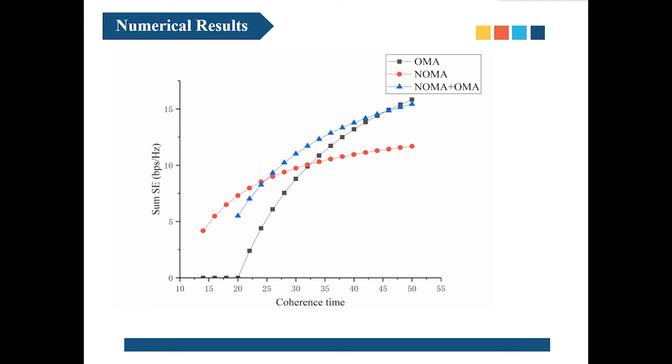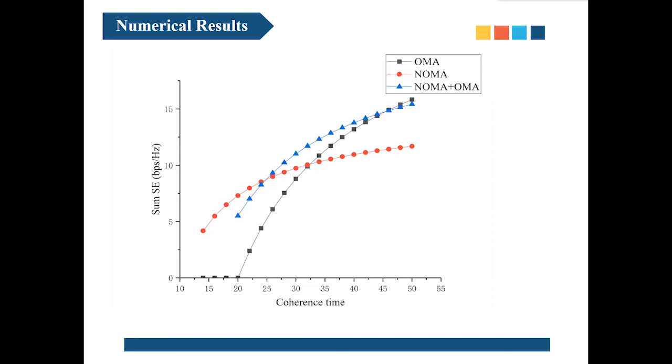The advantage of NOMA is that fewer orthogonal pilots are required, which means the length of the pilot sequence can be shorter. However, there is interference caused by the users in the same cluster and imperfect SIC. When the coherence time is long, the SE of NOMA is lower than OMA. Additionally, in cell-free massive MIMO with the NOMA scheme, the number of users in each cluster must be equal, which is inflexible.